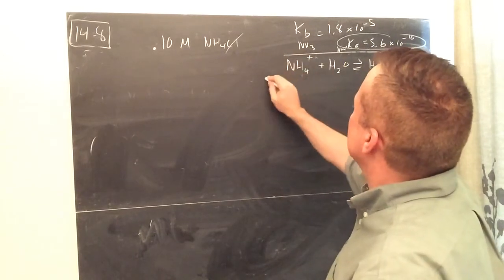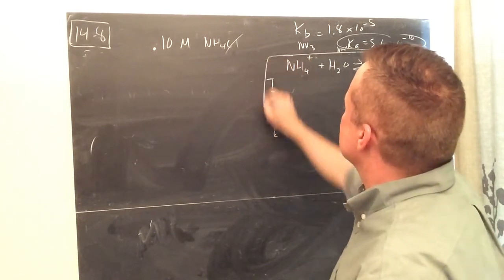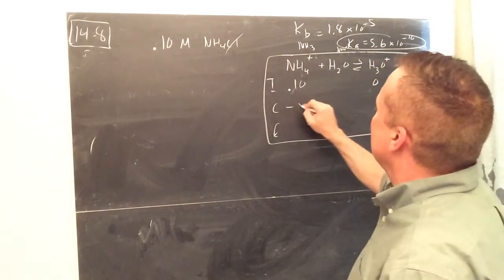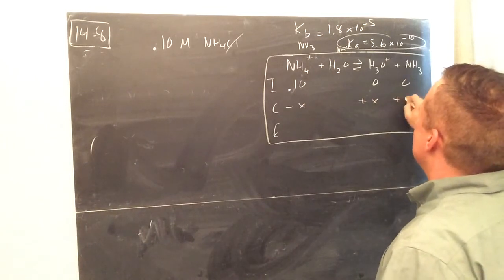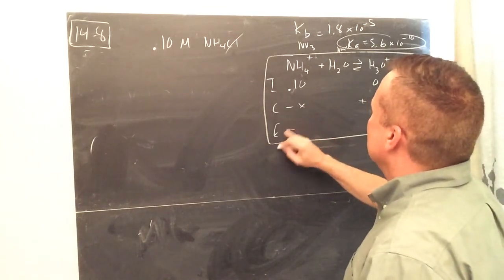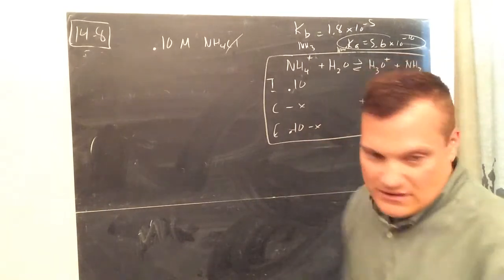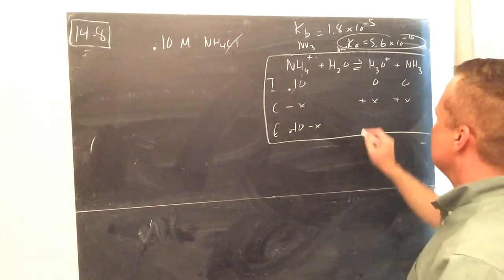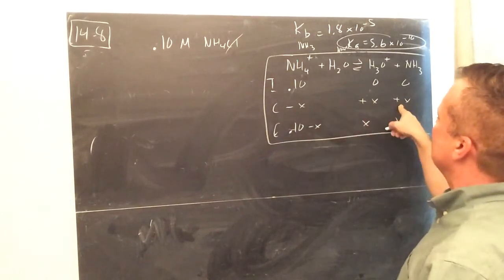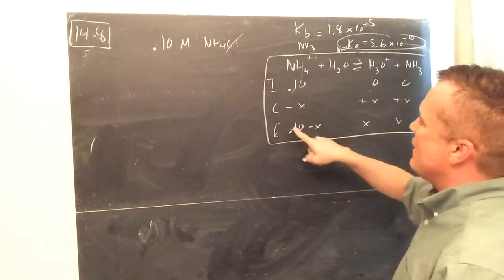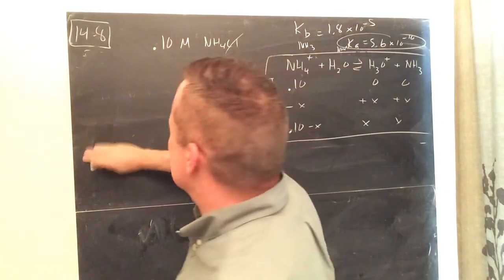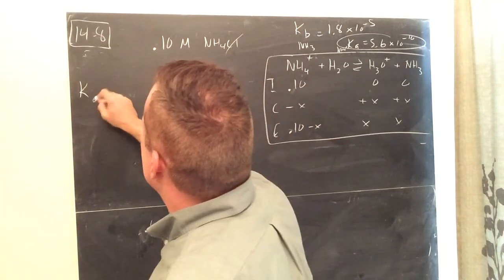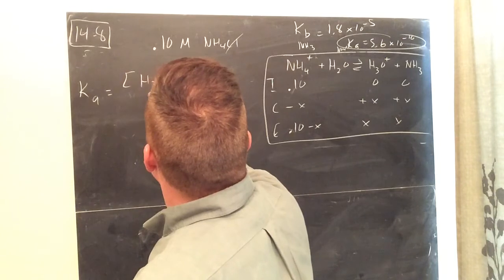So here's my equation. ICE box. 0.10 NH4Cl, and these are going to be 0 minus X, plus X, plus X. Don't you love it? It's all 1 to 1 to 1 to 1 ratios. All the acids and bases that you'll get to see on AP will be done that way. So this time the Ka is equal to H3O plus